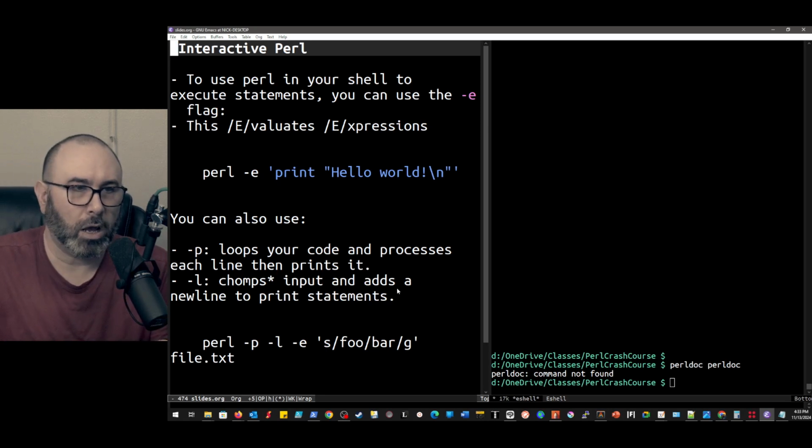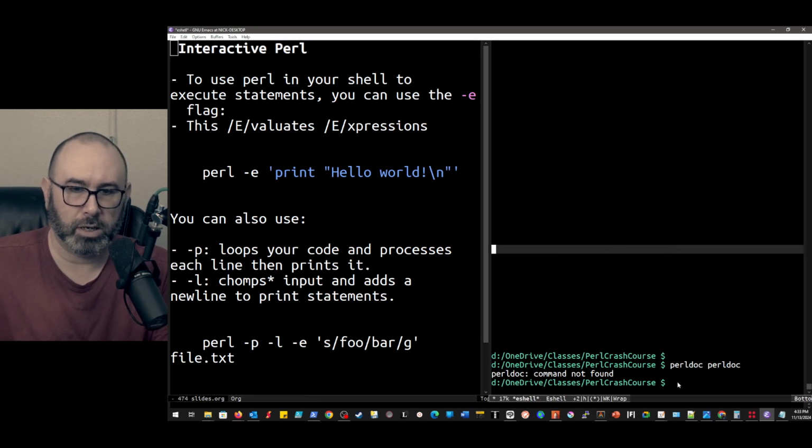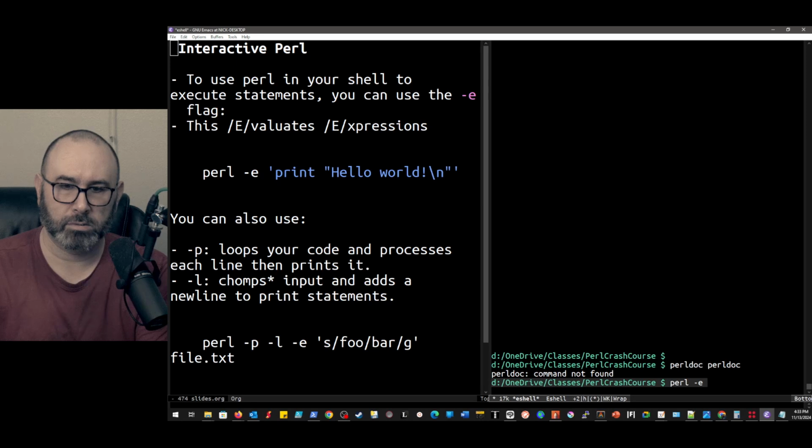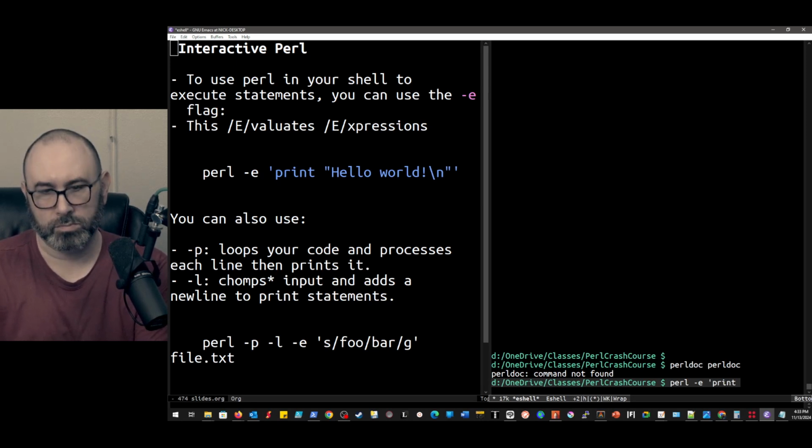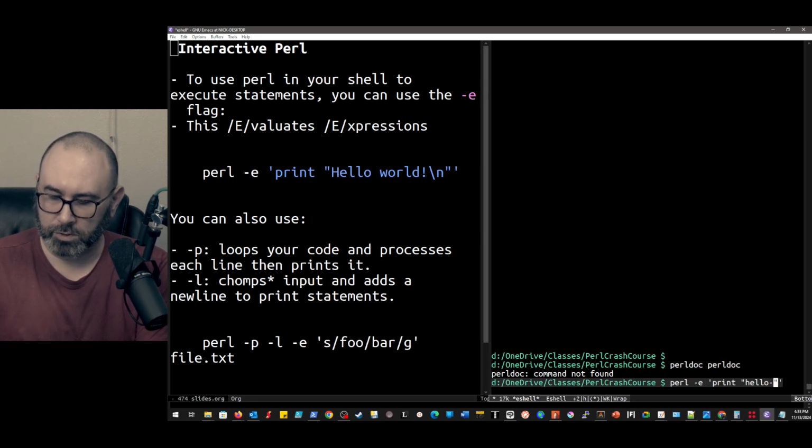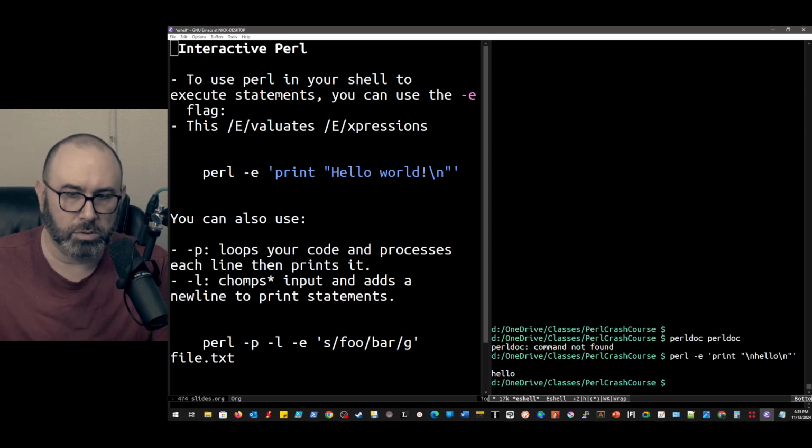So to use Perl, basically we use the perl -e command on the command line. So this will evaluate an expression. So we can go ahead and do something like perl -e, right? Single quote, print hello. Throw a new line in there just for good measure. I'll put one at the beginning, right? So you can do something like that, and it will do exactly what you think it would do, right? So this gives you output.